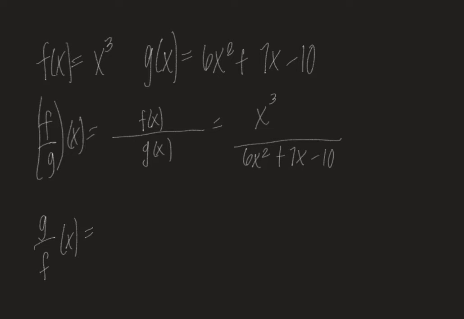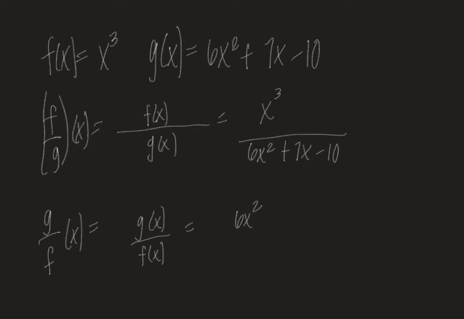So then for g divided by f of x, that's just literally g of x divided by f of x. So you copy paste g of x, you copy paste g of x down, so 6x squared